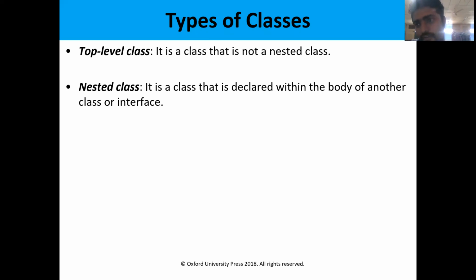We have seen the access modifiers. We have two types of modifiers: access specifiers and non-access specifiers. Access specifiers, you know, are public, private, protected and default. Likewise, we can declare the class and initialize the class members.